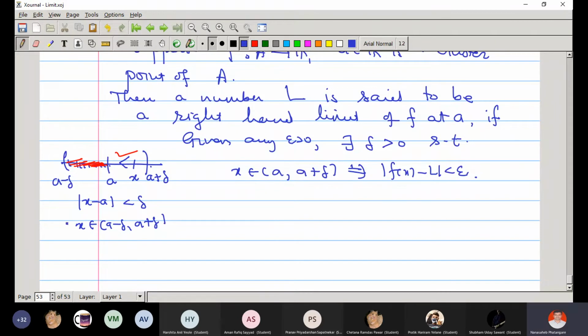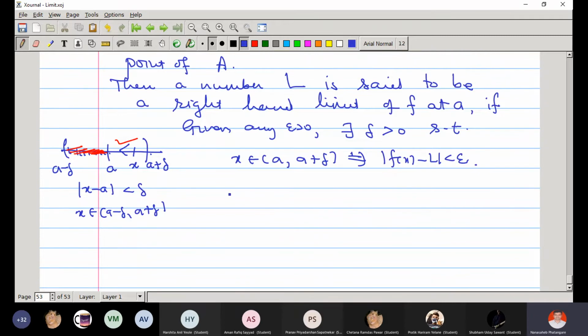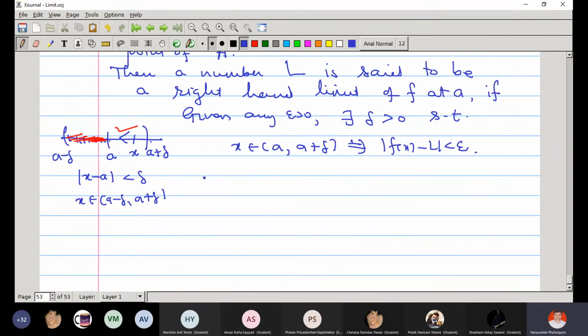So is it clear? With respect to this expression, there is no confusion at all because x is not equal to a. So x is greater than a and less than a plus delta. So for these values of x, the distance between f(x) and L is less than epsilon. So the right hand